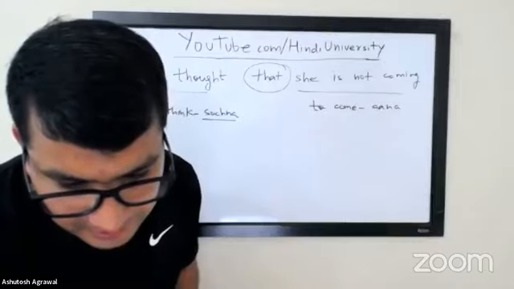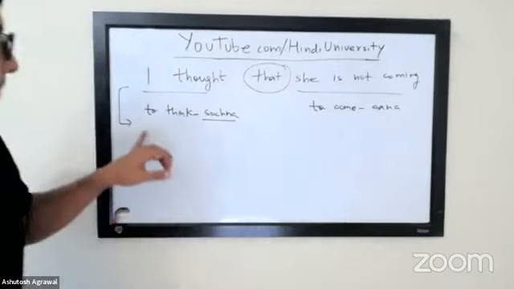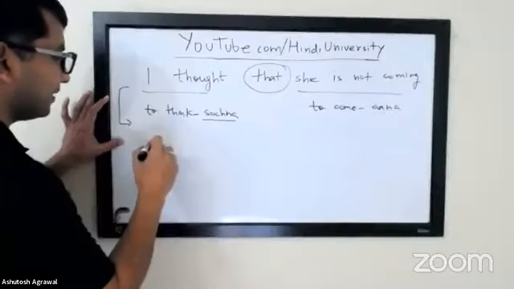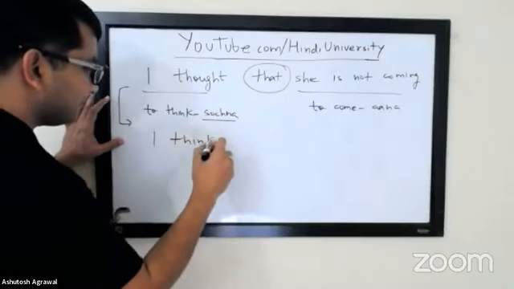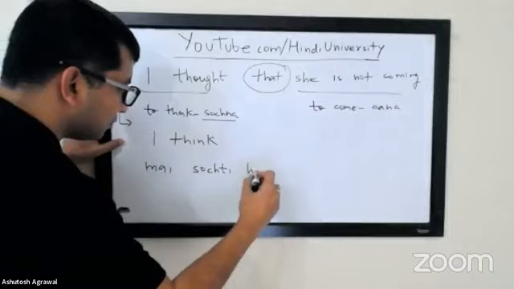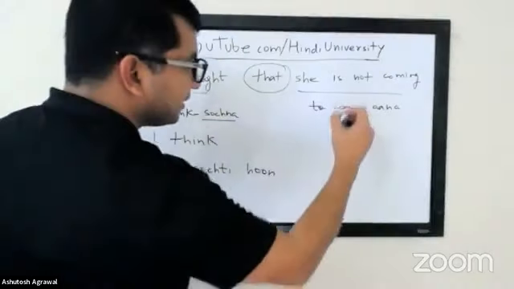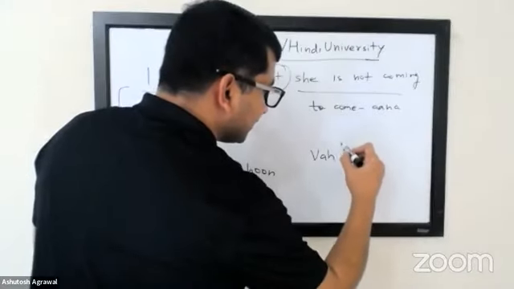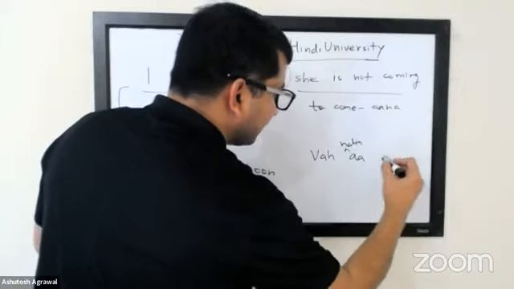Okay, Meetaji, you want to give this one a try? I don't know why I thought this, but मैं सोचती हूँ. So that I think. Okay, keep going. कि वह आती नहीं. Okay, मैं सोचती हूँ. Awesome. And then you have the conjunction, and then she is not coming. So okay, give it a try. वह आ रही नहीं. Okay, very good, right? So वह नहीं आ रही. Very good, right?